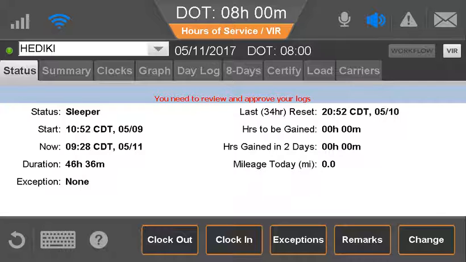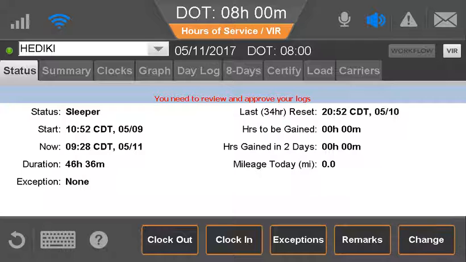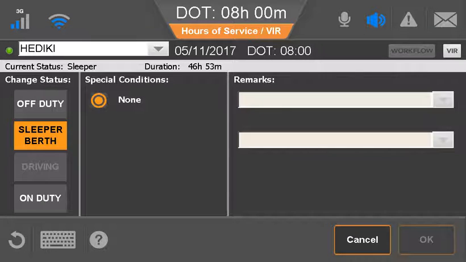The Status tab also displays the current duty status and information about that status. To edit remarks on the current status, the driver taps Remarks. To change status, the driver taps Change. Here the driver taps a different duty status. The available duty statuses are based on if this is the active or inactive driver and what features are enabled